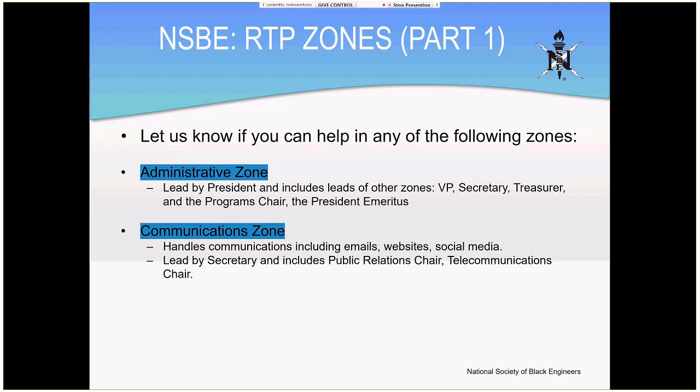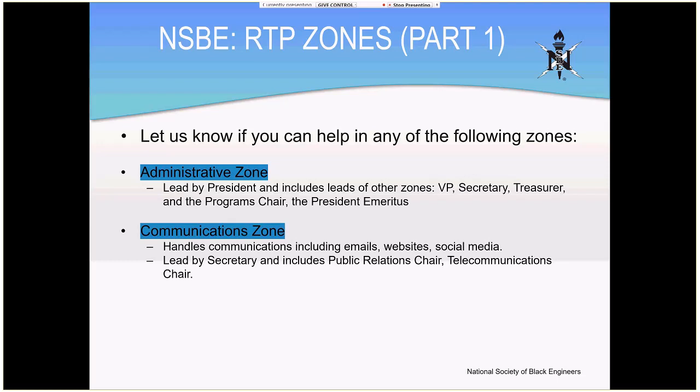All right, communications zone. This zone handles communications. We have emails, websites, social media. Sometimes the members in the communication zone will be a little bit more artistically inclined, or good at communication, or good at doing things with websites or social media.